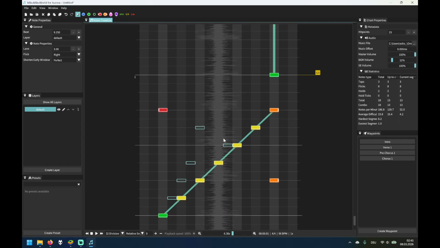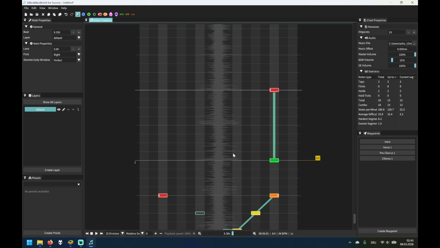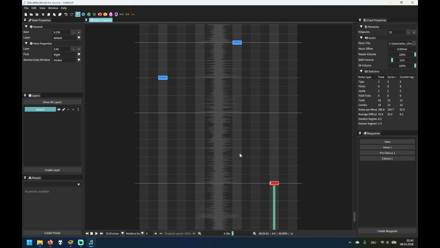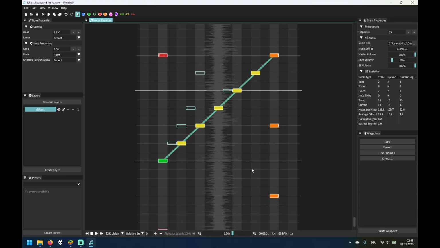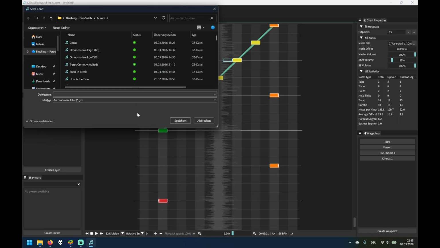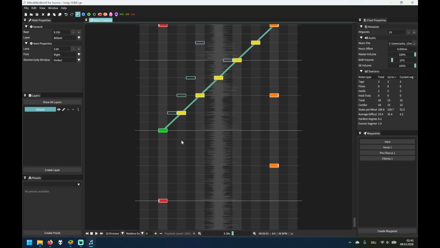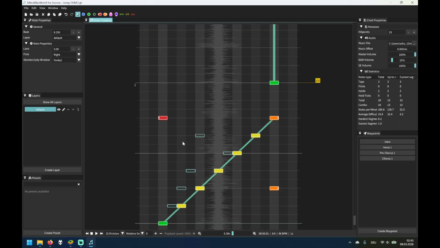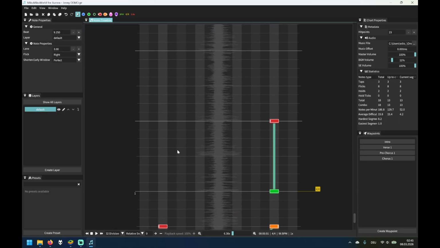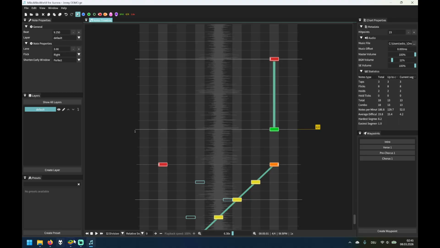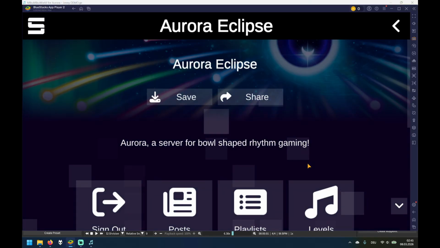With that in mind, there is not much else to talk about in the editor itself, so I'm just going to save this file and I'm going to show you how to upload it. So I'm just going to do that. I don't need to calculate it again. And with all of that in mind, it's now saved, so we can go to BlueStacks and just upload our chart